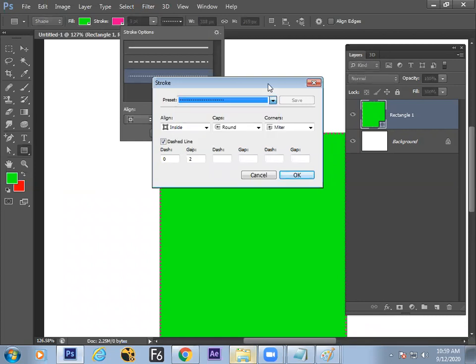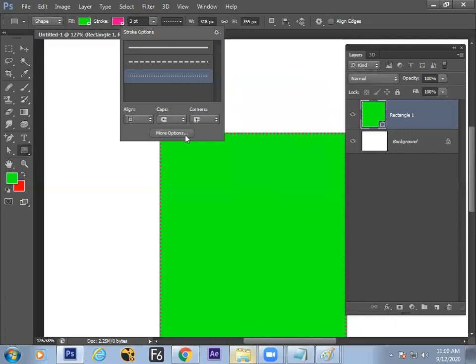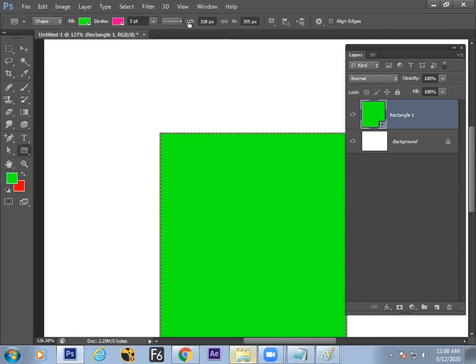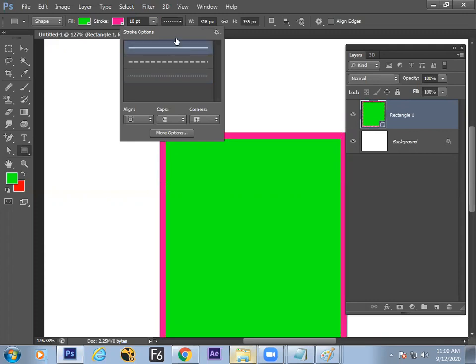There are more options. You can decide how much gap we need, and all that is available here in the more options. You can experiment with the values. Whenever it is needed in our lesson, I will use those settings. Right now I'm not going with these options, but remember that we can have a fill, we can have a stroke, and we can increase the stroke width, like 10 points, and click enter. The stroke will get increased. We can change it to a line stroke, dashed stroke, or dotted stroke. These are the options available here.